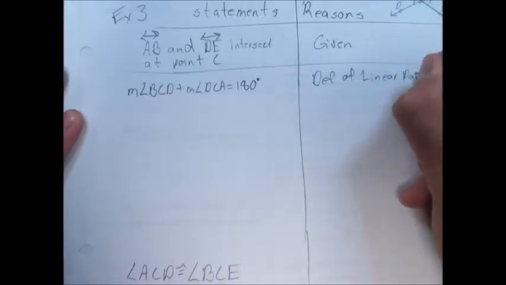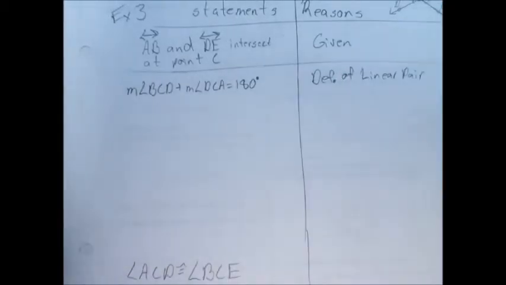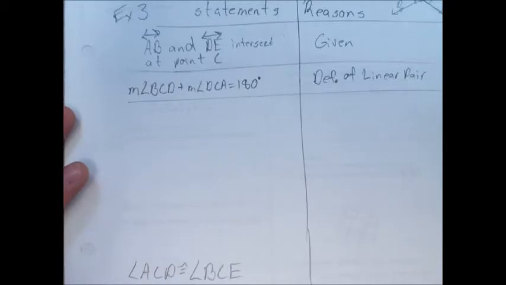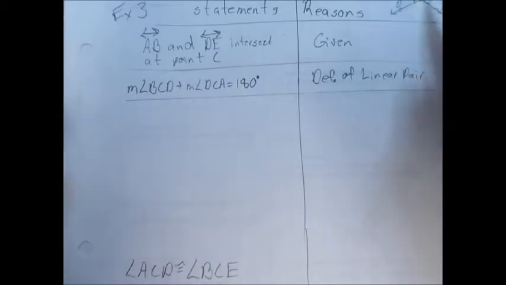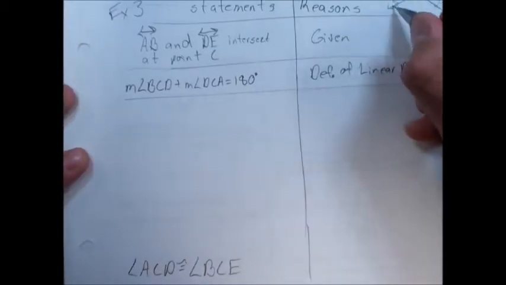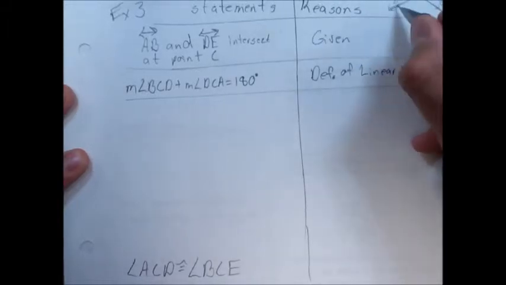When two angles create a straight line, it's called a linear pair. And we'll use the definition of a linear pair a lot, so get used to that one. Next, going from what I knew about these two angles creating a linear pair, I can also see that this line here, DCE, is made up of two angles, DCB,